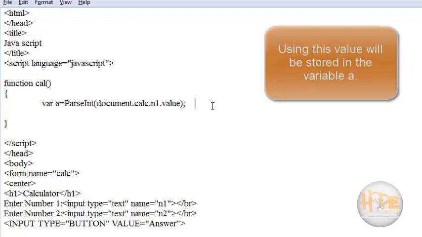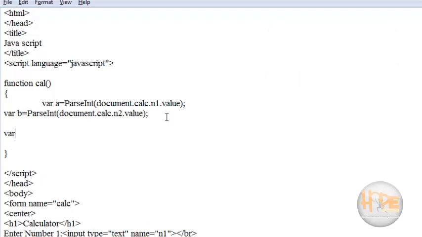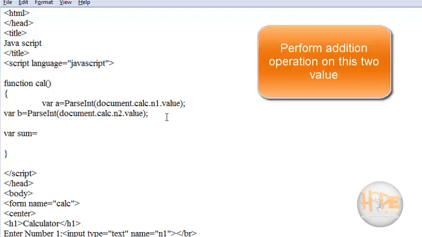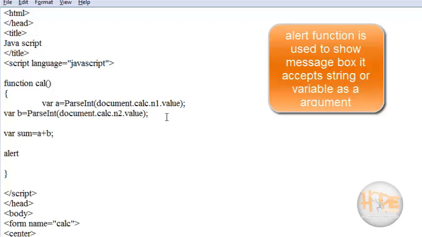Similarly, we will use variable b to store the N2 value. Now we will declare one more variable called sum, and we will sum both variables, a plus b. Now I want to display a message box, and a message box can be displayed using the alert function.